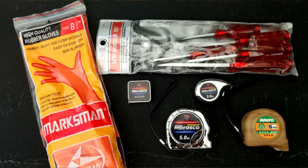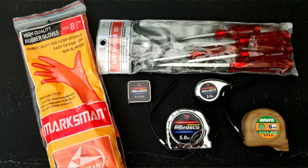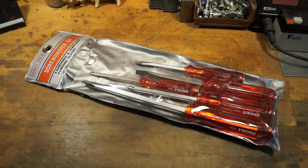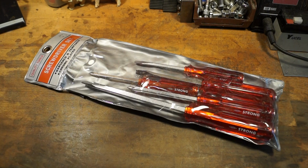Hello everyone. This week my friends at Richard Brothers were kind enough to send out yet another consignment of tools for me to review. Today I'm going to be taking a look at this screwdriver set,